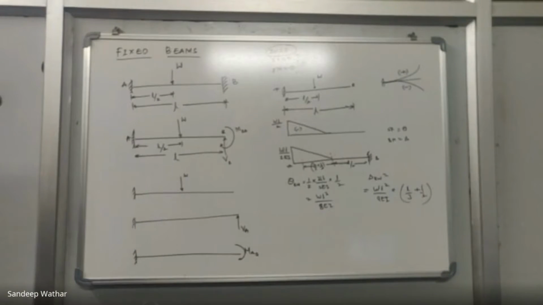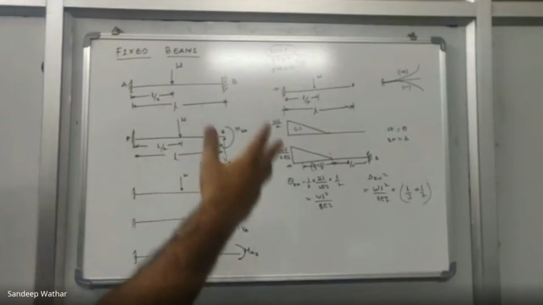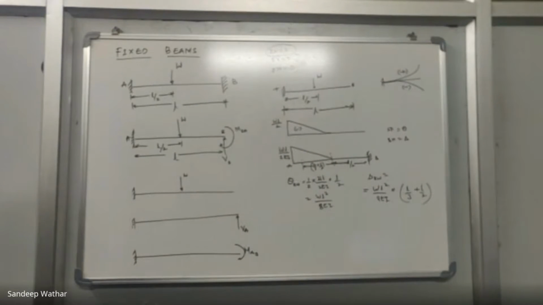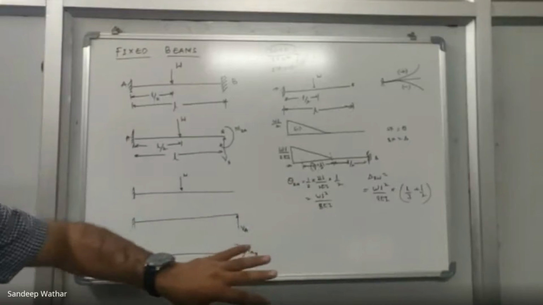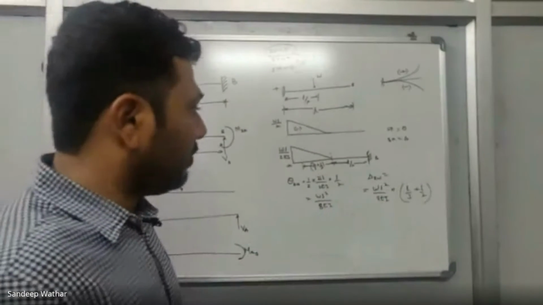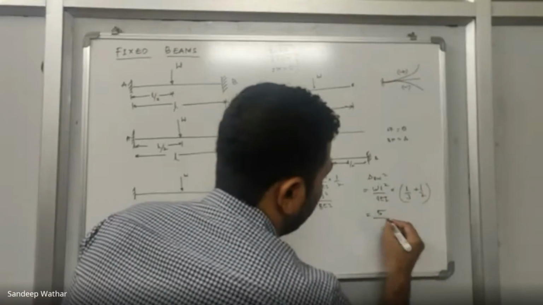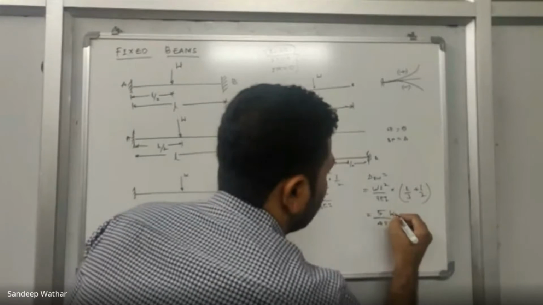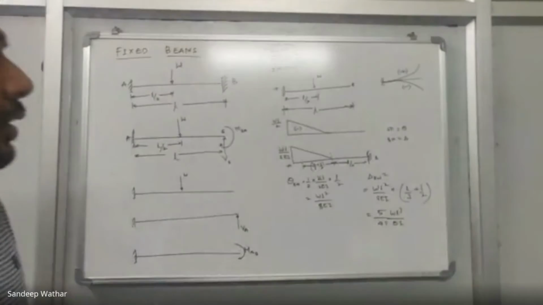So two questions were there. One is why I had taken it as cantilever. I'll take time to explain that, because I'll be explaining it in the further steps. The second question was something different: explain the slope and deflection one more time. Okay, I'll do it again. Did you solve this? How much do you get for delta BW? See whether this is correct or not: 5 divided by 48 WL cube divided by EI. I hope this answer is correct.